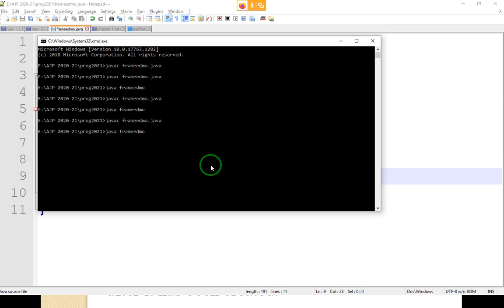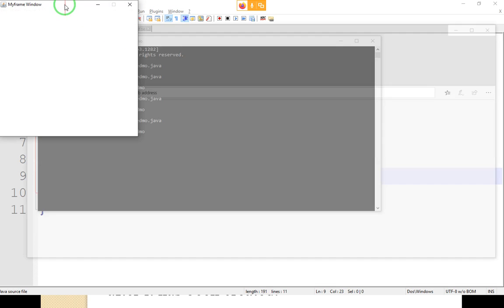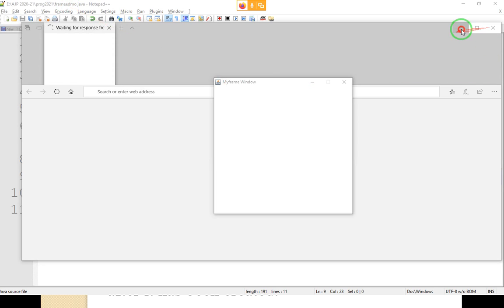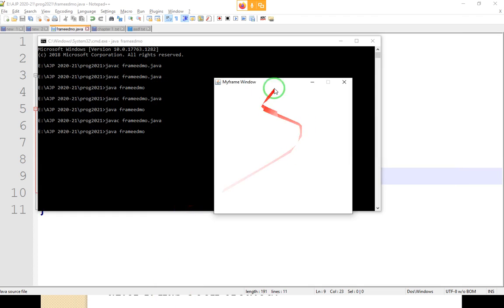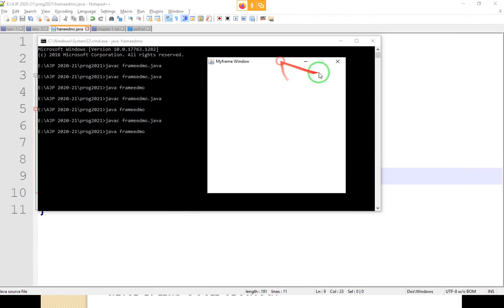Check it. Like this. See, here the window gets disabled, right? Also, your corners get disabled.